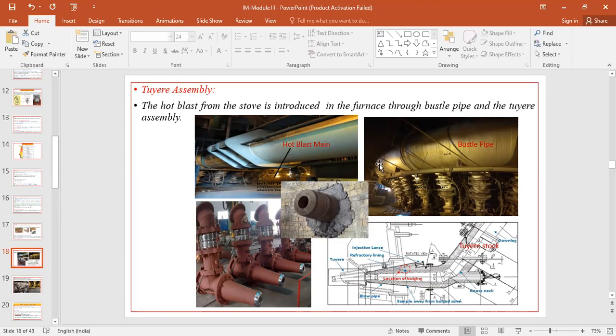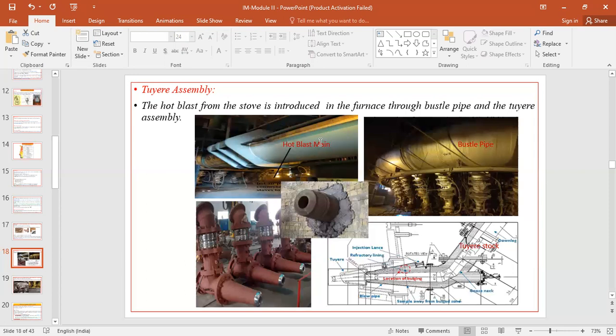Then the tuyere assembly. The hot blast, whatever is generated in the blast furnace stoves, is sent to the hot blast main from the stoves. This hot blast main is connected to the bustle pipe, and to this bustle pipe, the tuyere stocks are fixed. Okay, so you can see in the clockwise direction, you can relate the things, that this hot blast main actually comes from the